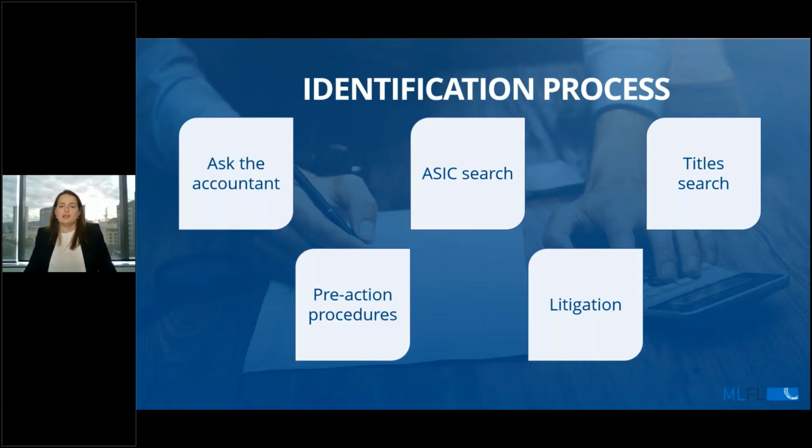And if your non-financial spouse client has been a director within the last 7 years and may not still be a director, Section 290 of the Corporations Act allows the right to access those historical records. If neither one of those avenues are open to your client, we can consider whether pre-action procedures in the family